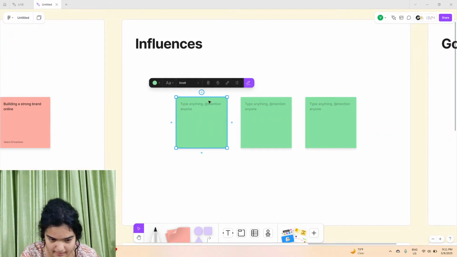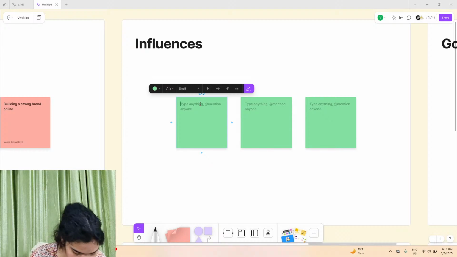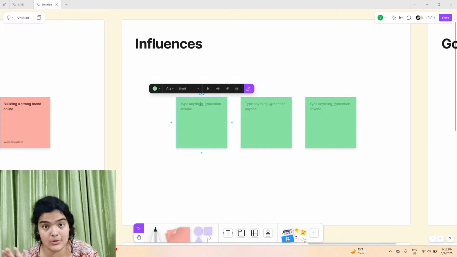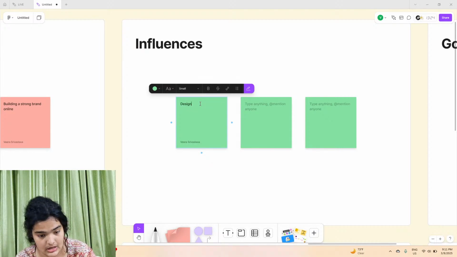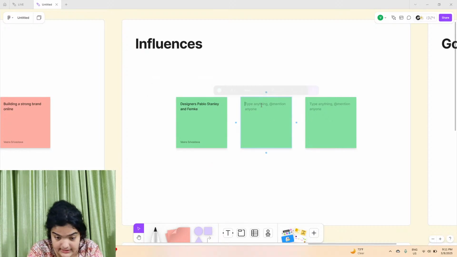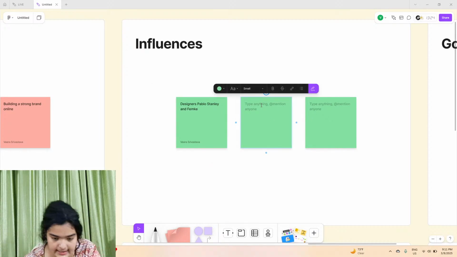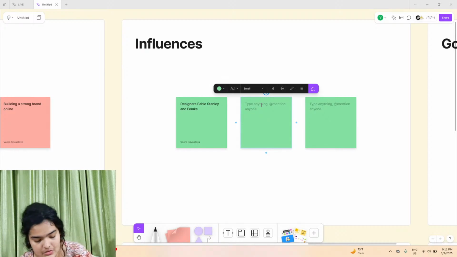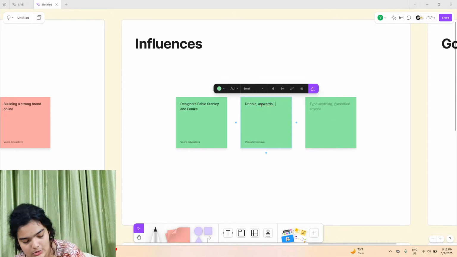Now, we're also going to talk about influences. What are the factors that are influencing them? Designers like Pablo Stanley and Femke. So designers, of course, the legends Pablo Stanley and Femke. Again, another factor that could be influencing them is online design communities such as Dribbble and Behance. So Dribbble, Behance awards are stuff that makes not only designers jealous, but also really, really interested in what we're doing. And all of these are triple alphabet